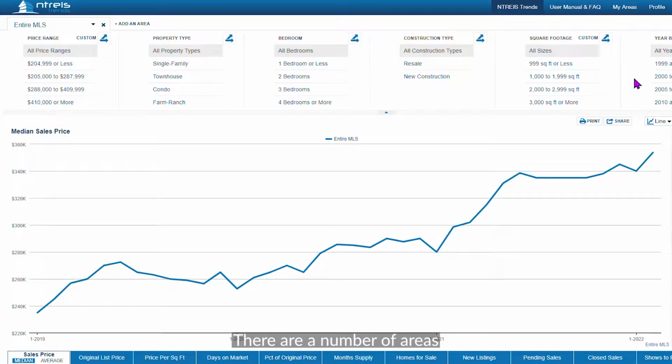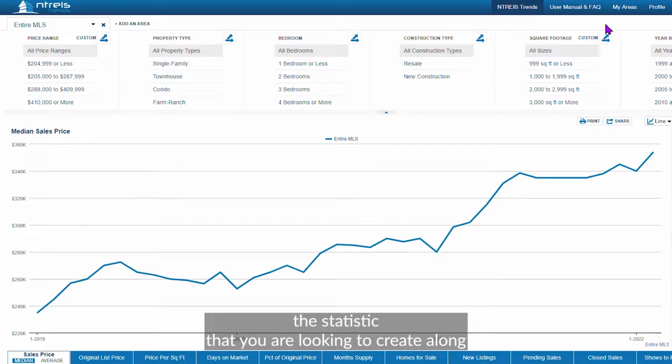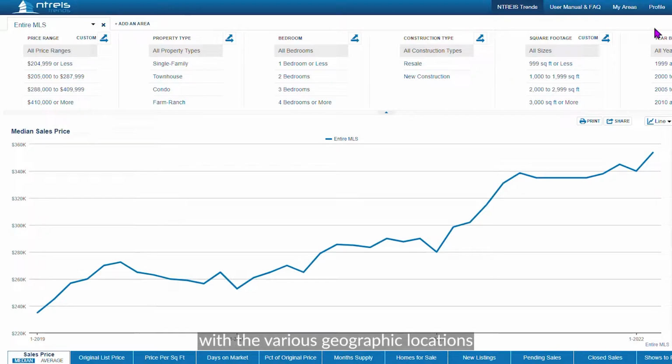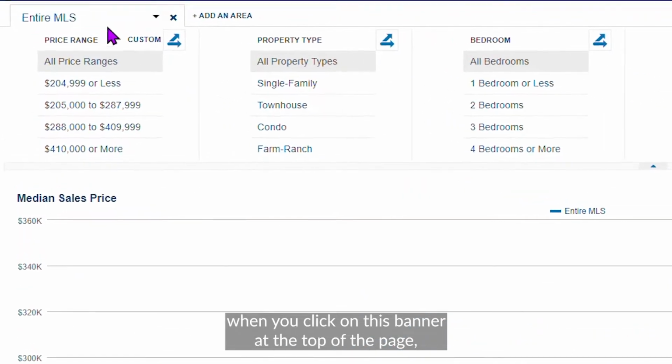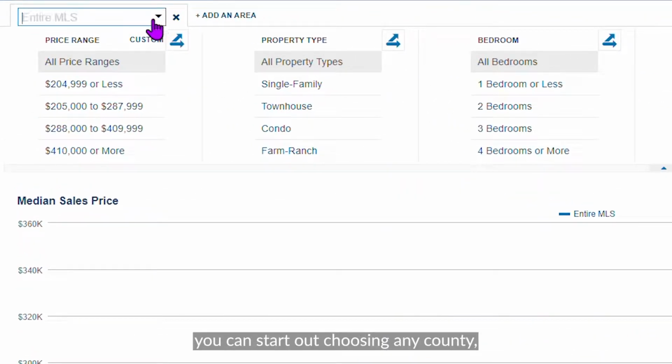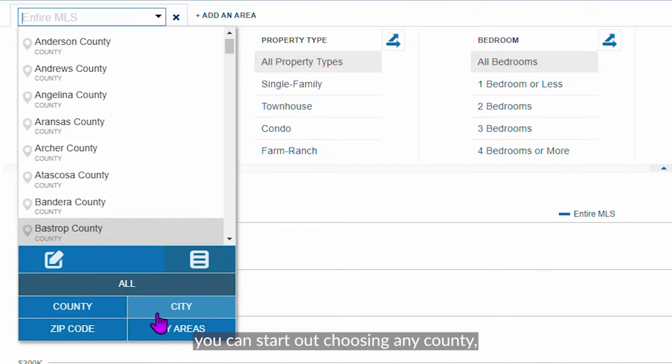There are a number of areas that you have access to in defining both the statistic that you are looking to create, along with the various geographic locations that you may have interest in. Primarily, if you are setting up a report for a certain market area, when you click on this banner at the top of the page, you can start out choosing any county,